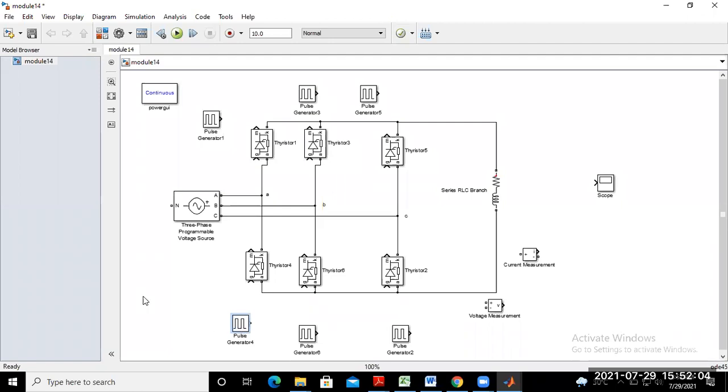So again connect all the pulse generators with the respective thyristors. This one for thyristor 1, this one for thyristor 2, this one for 5.